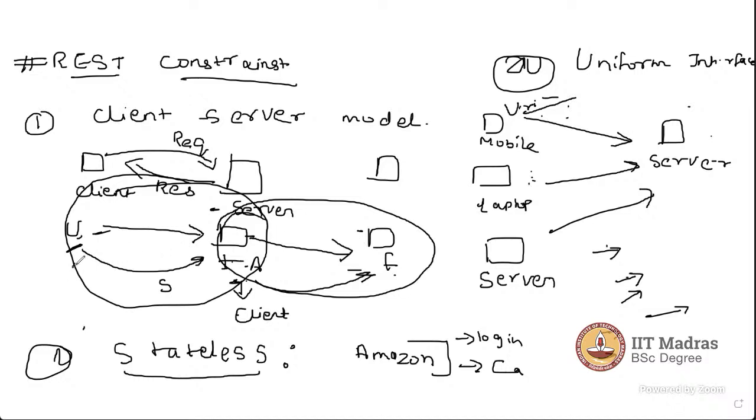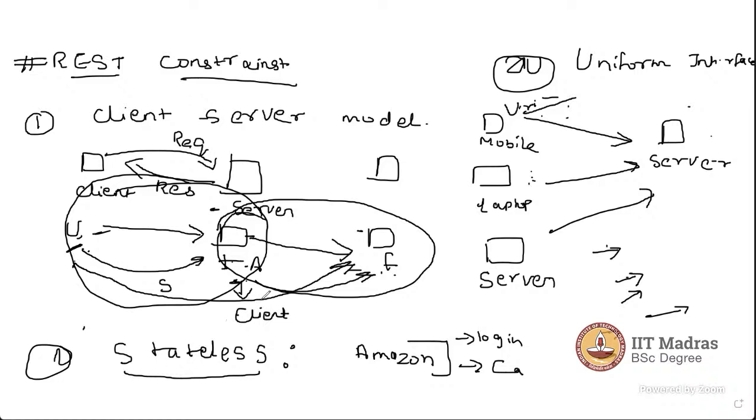So this user does not have to establish communication with Facebook. The only thing it can do is communicate with the Tinder application. It is not the user's business to communicate through Facebook. So this is the layered system concept.